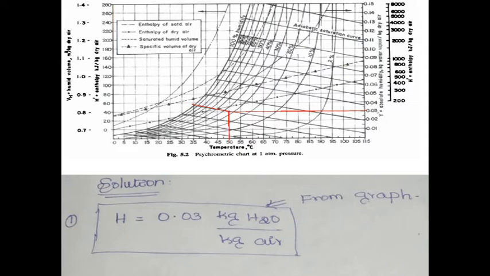Okay, already I said the psychrometric chart is only applicable for the air-water system. One additional piece of information here: in your examination, no need to paste the graph. Instead of that, take the reading from the graph and mention the data as from the graph in the exam paper. Keep that in your mind.